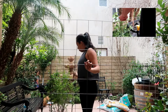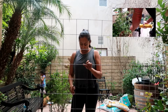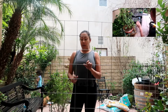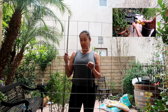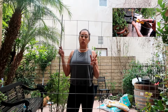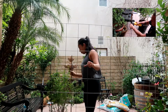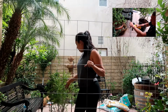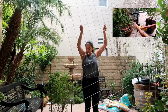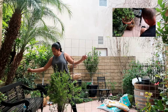And then I got these wires that are about a centimeter thick, and they're about 4 feet tall. And they were only $3. So between this, which was $8.95, and this, it was under $20, $15 if you count the tax and all. So I went ahead and repotted my pomegranate tree like I mentioned that I was, and I got this cut to size. So what I'm going to do now, I'm going to put it where I want it to go,